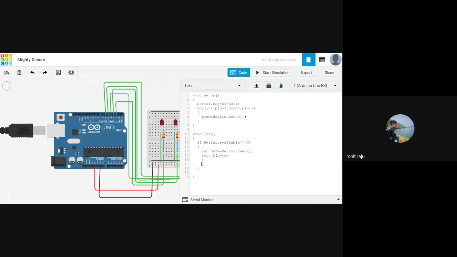And what are the cases we have? Let's say if we typed A into our serial monitor, let's see what we get. So if we typed A, we want this LED right here to turn on. So to turn it on, we use digital write,